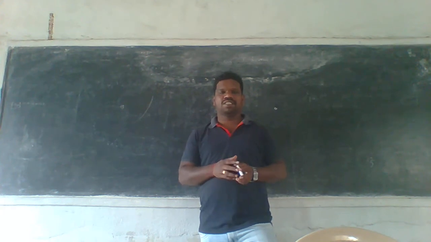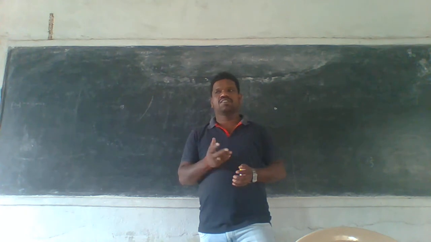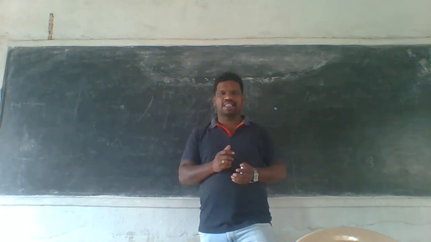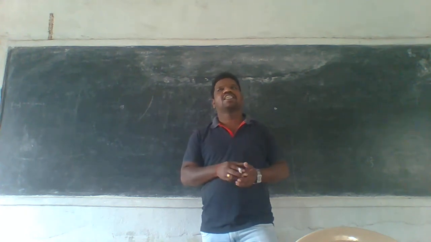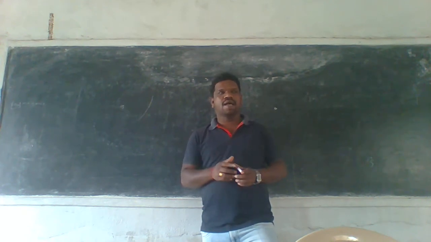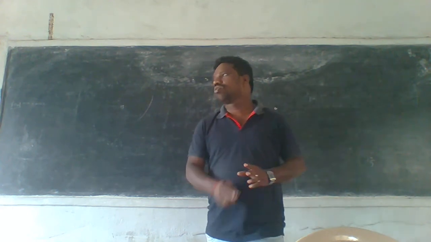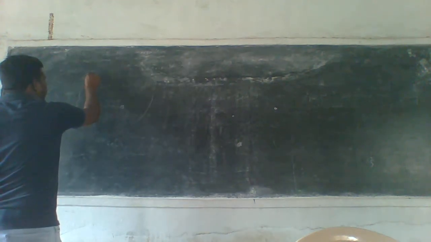If I am using it before the variable, that variable must be final, that means constant. If I am using it before the class, it must be constant. Next is the method. A method is nothing but a function. In C language we call it a function; in Java language we call it a method. If I am using final before the method, the method must be constant. So final is a keyword.